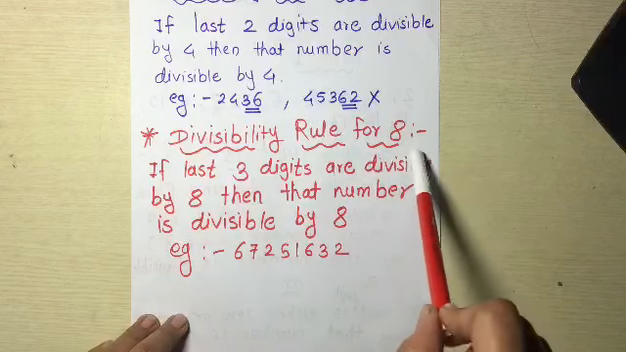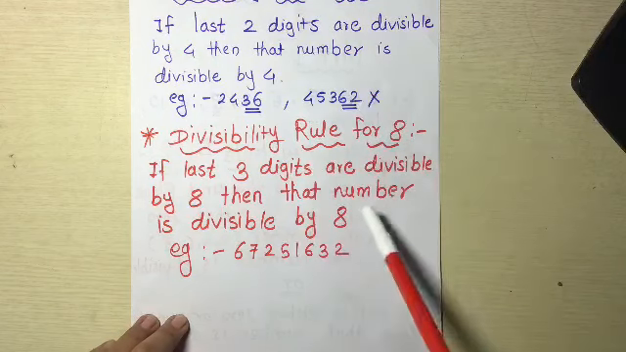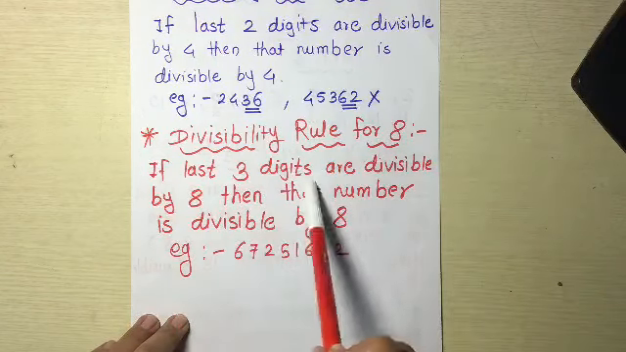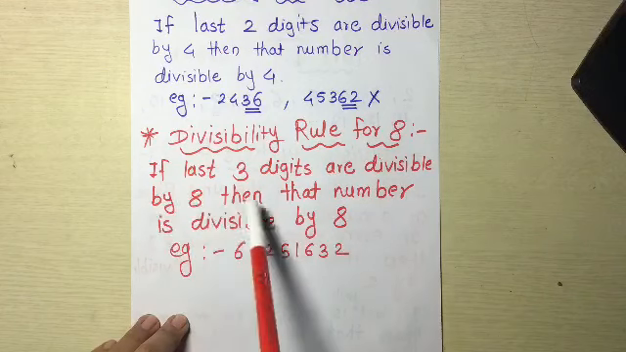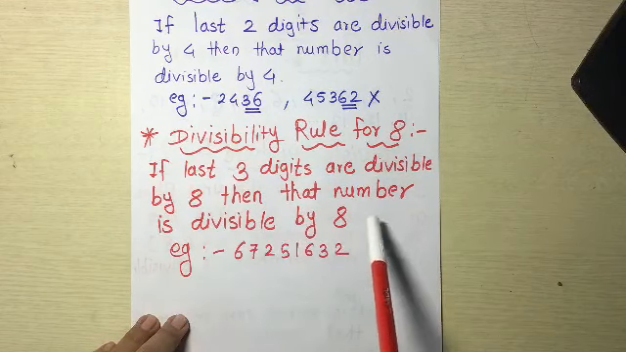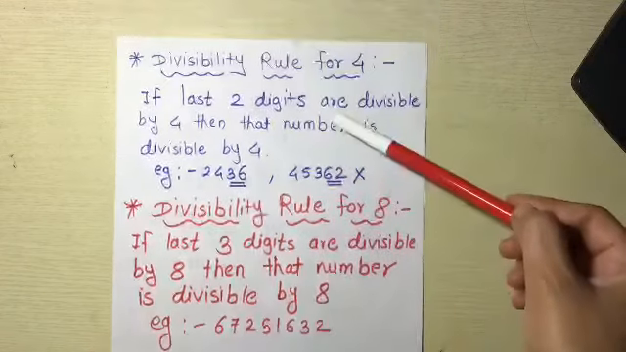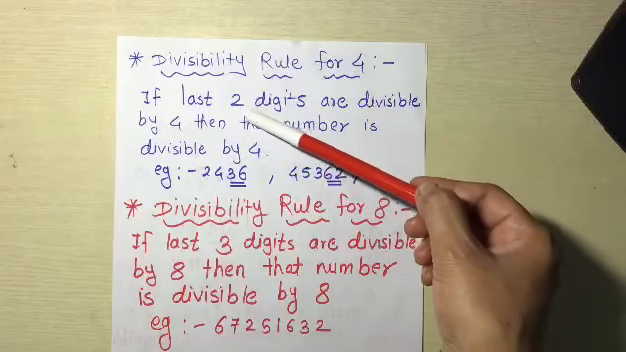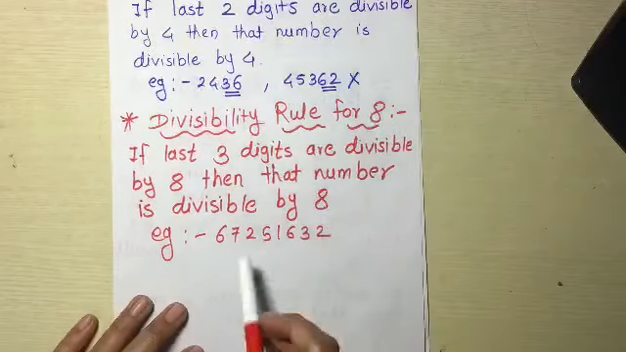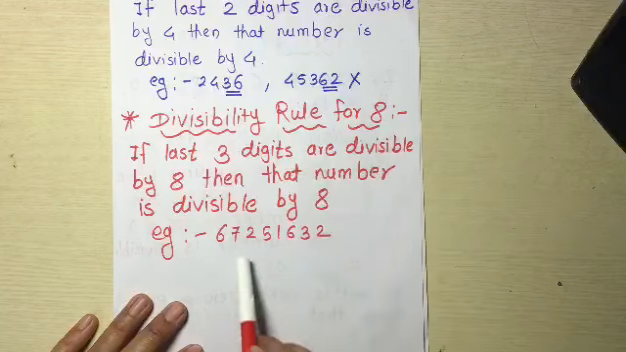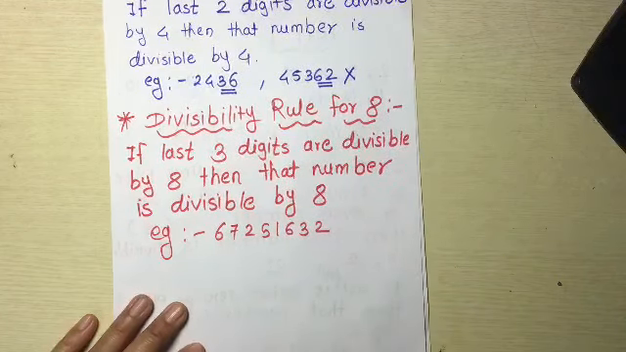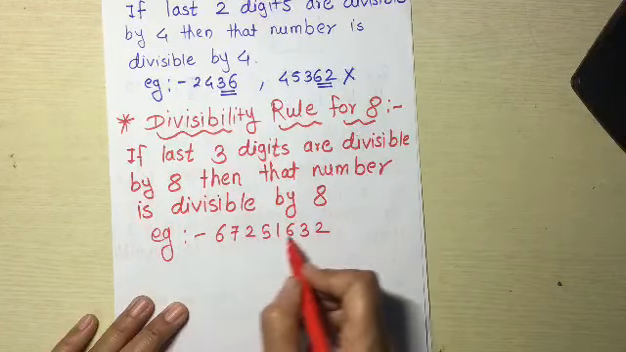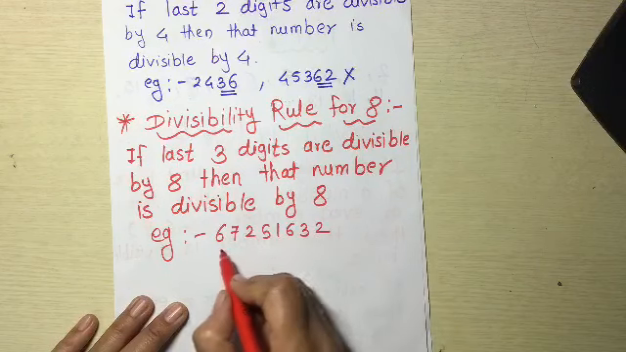Divisibility rule for 8. इसका रूल क्या है? If the last 3 digits are divisible by 8, then that number is divisible by 8. देखो डिविजिबिलिटी 4 के लिए हमने लास्ट 2 डिजिट देखे. अभी for divisibility rule for 8, last 3 digits we will see. So I already wrote here one example